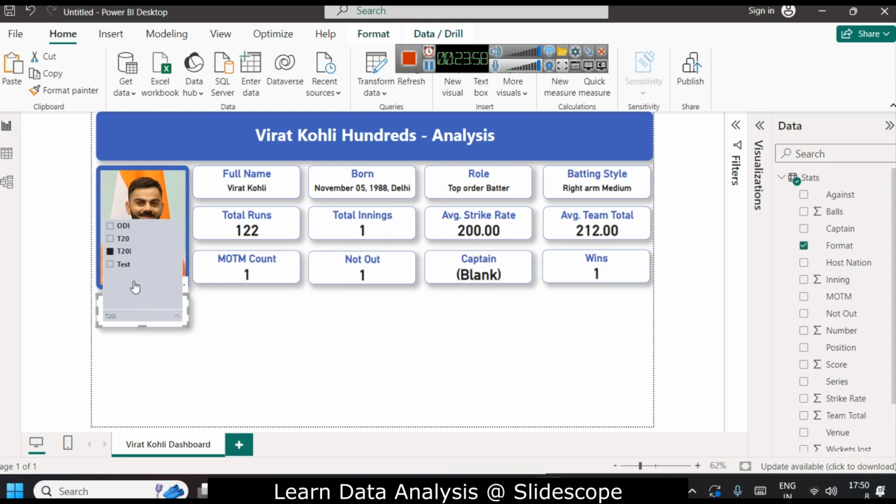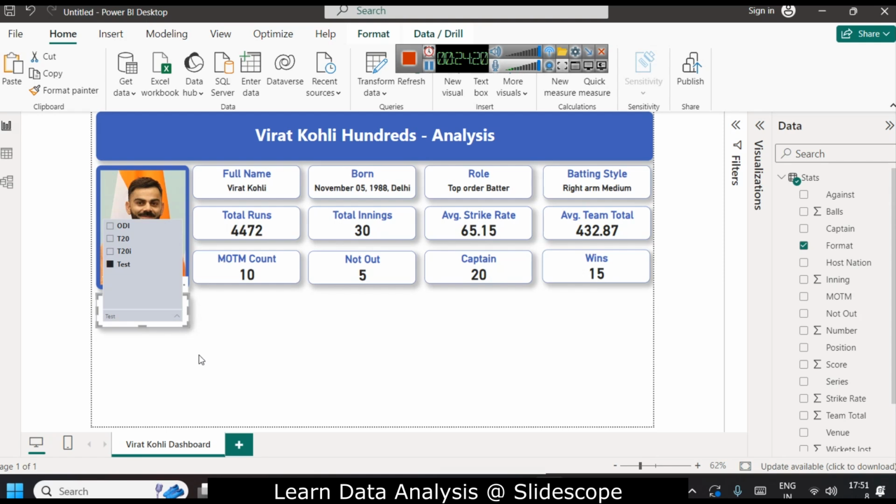But as a captain, he has not scored a century. But obviously in T20I, he has made a century, and in total 1 innings, he has made a century. Similarly in Test, you can see scored